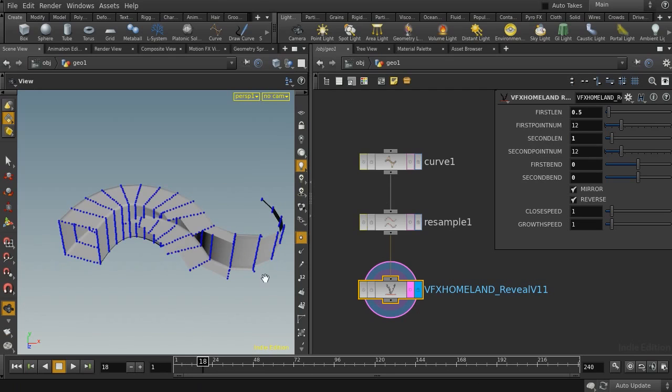If I enable the display points option, you can see I can increase or decrease the resolution of the cross section. Okay, so now we have more points here. So let's decrease this number to 12,